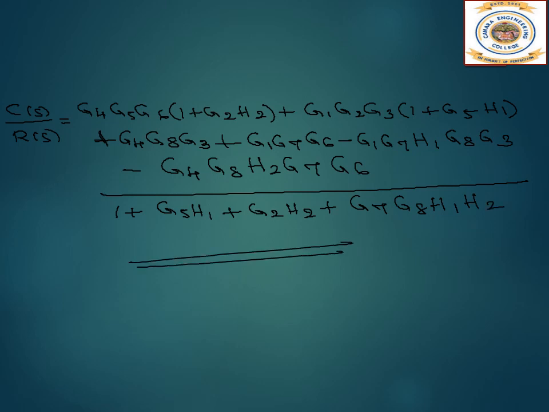See, once you write down the forward paths and the feedback loops and everything, finally delta you write, the last step is only the substitution part. So identifying the forward paths, identifying the feedback paths, all this you have to do correctly. Then it is going to be very simple.